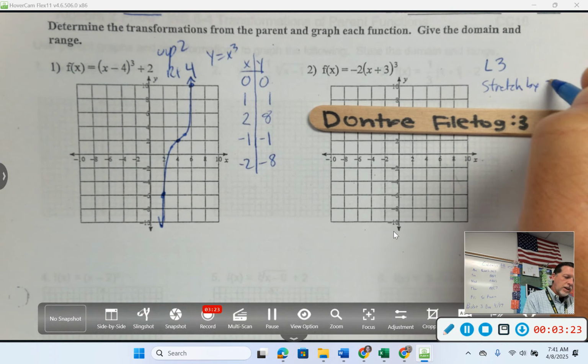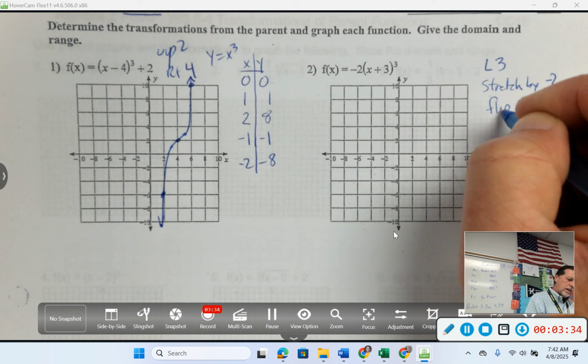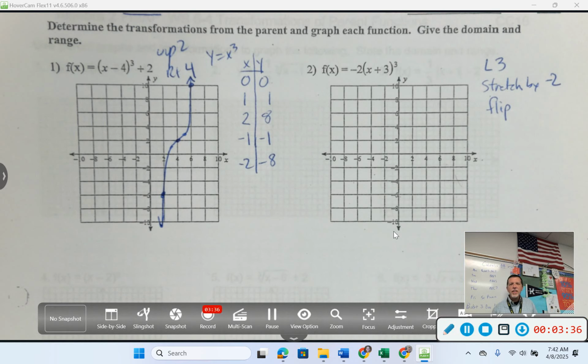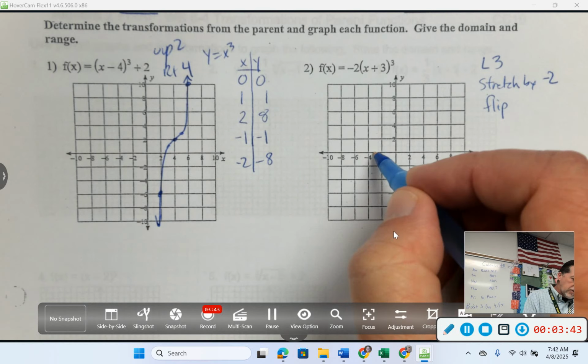Oh, you're going to get them both at once. You could say stretch by -2. What's another way to handle the negative? It's flipped. So probably wiser to say that, but it doesn't ask us for the transformation, so I guess you don't have to list them at all. So left 3,